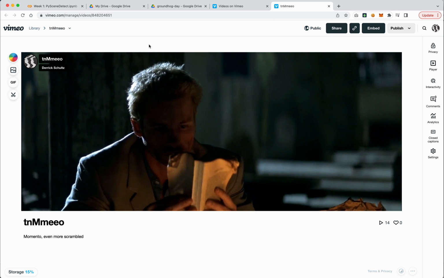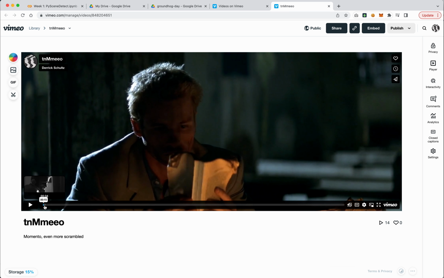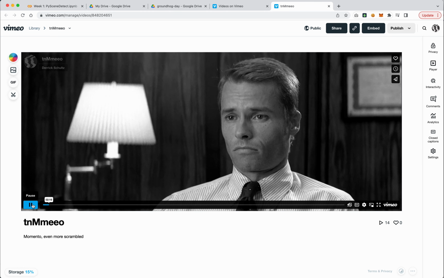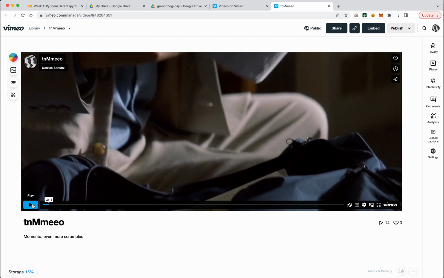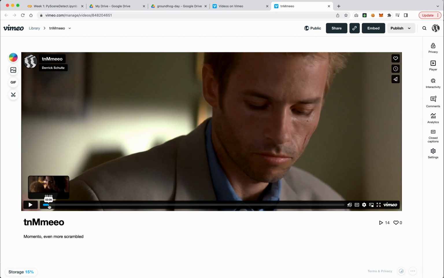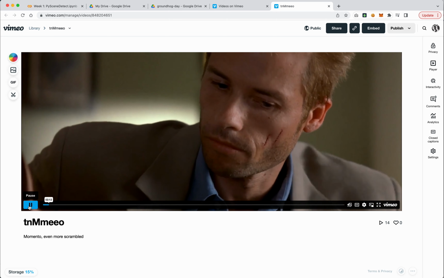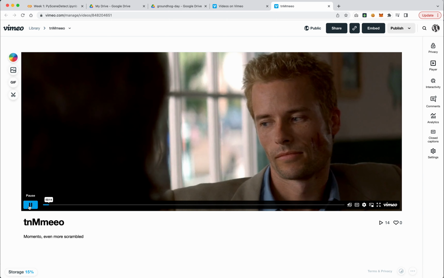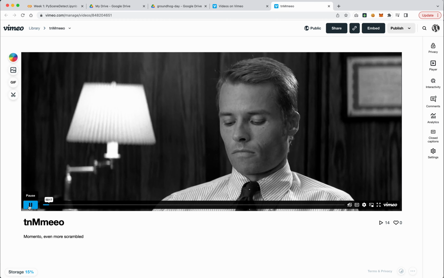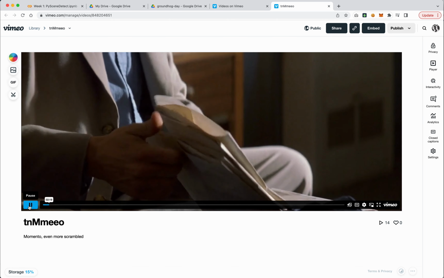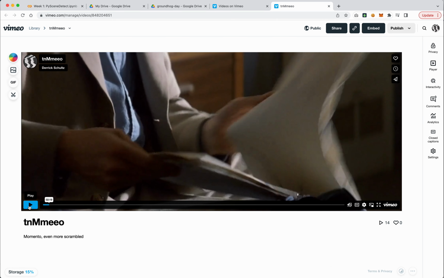All right, sorry about that. My screen recorder decided to shut off. But this is the film Memento, which has been reshuffled using this process. And if I look through here, there are moments where it seems like maybe the first frame or two is, yeah, you could see it right there. So these cuts are not always precise.